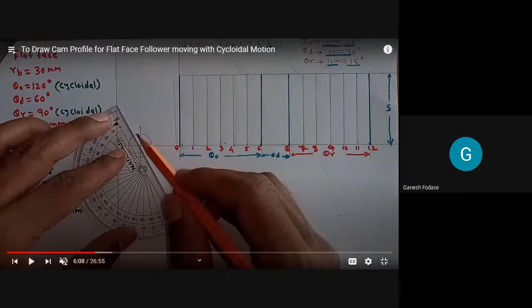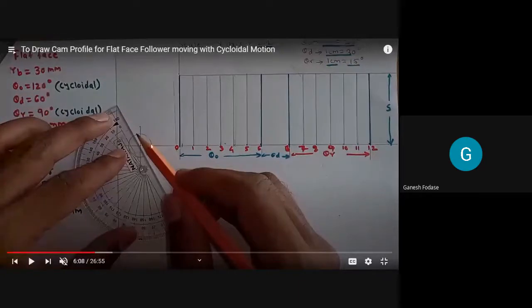So just divide that circle into parts. How many parts? How do we get the idea of how many parts we have to divide that circle into? From where do we decide this? The number of parts we have taken on the x-axis. How many divisions do we take on the x-axis? That is important. So if we take 6 divisions here, we have to take 6 parts here. So now divide this into 6 parts.